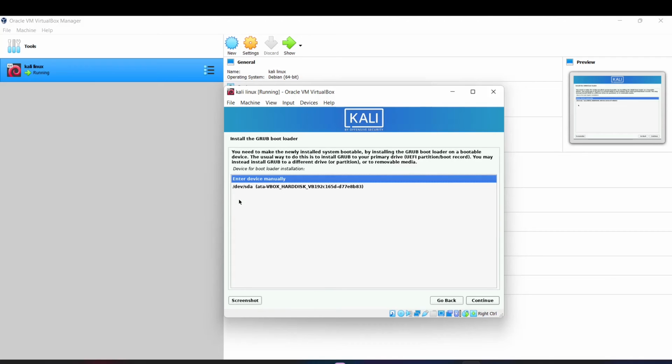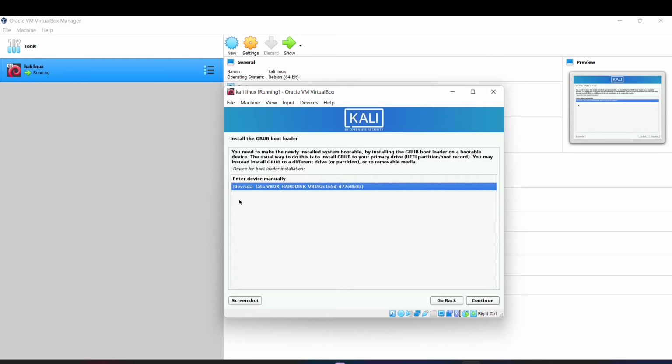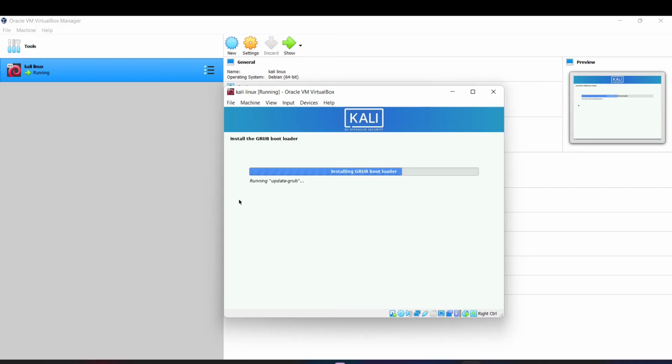It is asking on which device, so we need to select the storage space. Here we have /dev/sda, on which we allocated 30 GB. So we select it. It is going to install the grub bootloader within 1 to 2 seconds. The installation is going to complete, and as we can see on the screen, it has completed the installation of Kali Linux on VirtualBox successfully without any error.